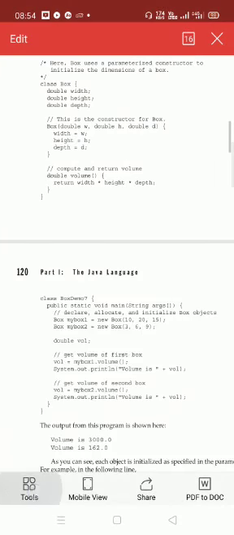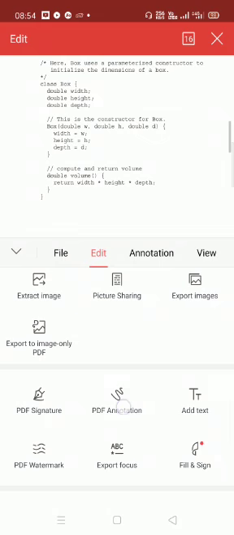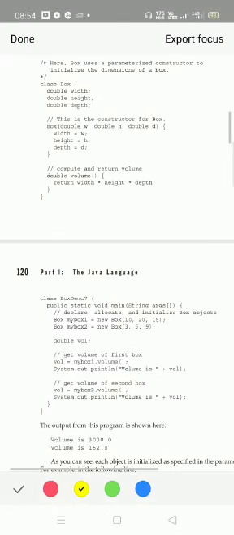I'll be highlighting it. Just refer to the program. See, the Box class again contains three variables: width, height and depth. But here, just check the constructor. Box is a special member function, which we call a constructor. Recall the concept of constructor. A constructor will not have any return value, right?